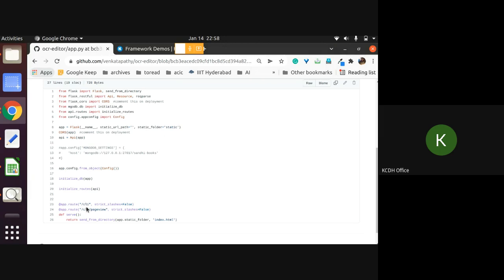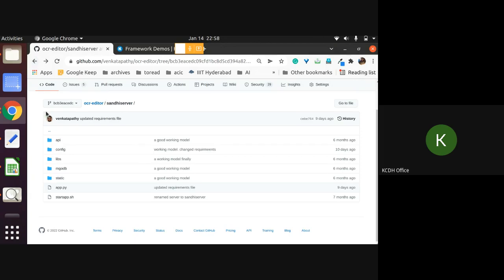But actually, if you run just python3 app.py, even the client will work. That's where this path is mentioned. For example, app root, whenever you access it, it will go to a folder called static and index.html. That is nothing but the compiled version of this React.js.